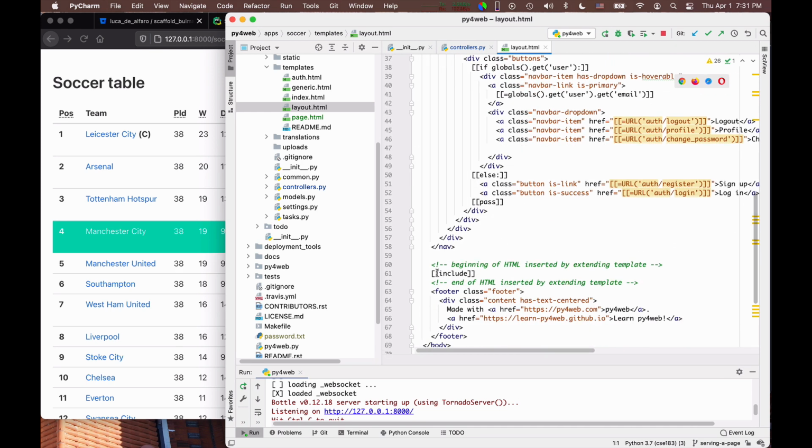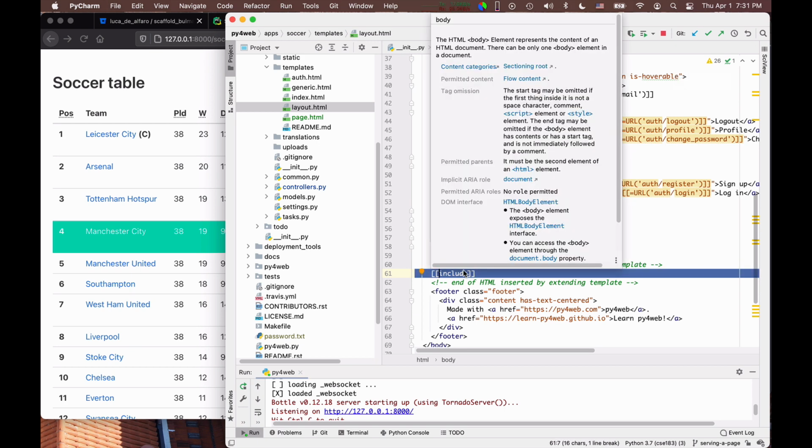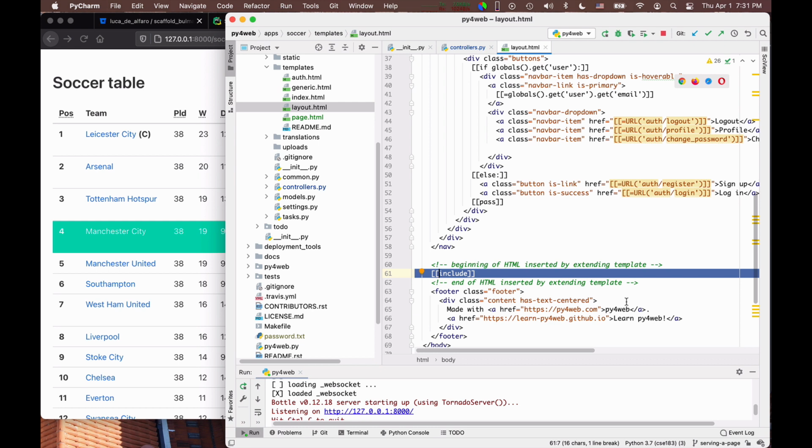And then there is this thing here that is all important, include. So this is essentially the hole in which I can place any content that I want to serve specific to that particular page. And then it has a footer. Okay, so let me try actually to change this page that is standalone into a page that uses this template in order to render more nicely.